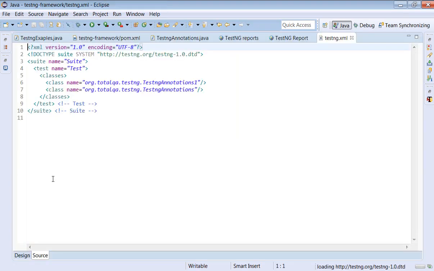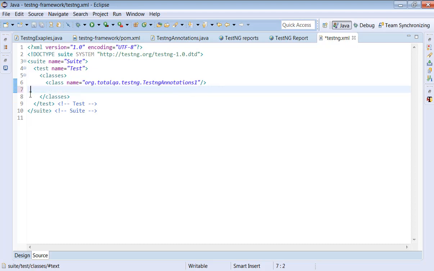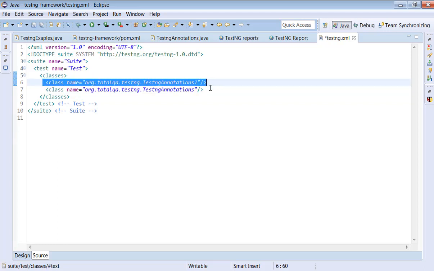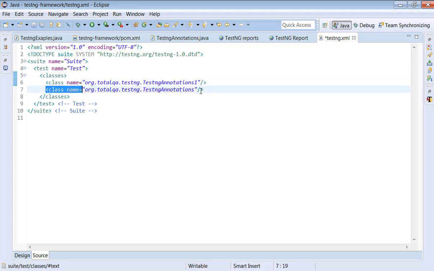You can see here, open the testng.xml file. This shows that two classes are available. Suppose I don't want to execute a single class, I want to execute only a single class. Remove that. Or I want to execute both, add that. So it executes in order. First it will complete this class, then it will complete this class. Once all the methods available in this class are completed, then the control goes back to the second class to execute the methods available within the class.